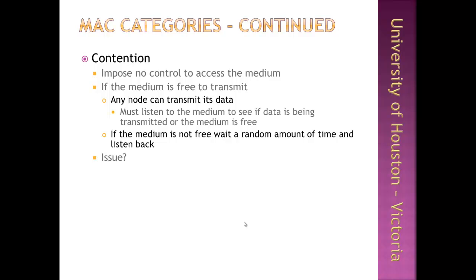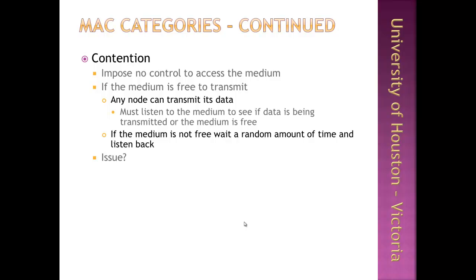If there's no data flowing in a network, the node is free to transmit. If there's data flowing, the node cannot transmit and should wait a random amount of time before sensing the medium again and checking whether it's free for transmission. If it's not free, it has to wait a random amount of time, then sense. And if the medium is free and the data is not flowing over the medium, then the node can send the data. This mechanism lacks centralized administration, and can have multiple nodes transmit data at the same